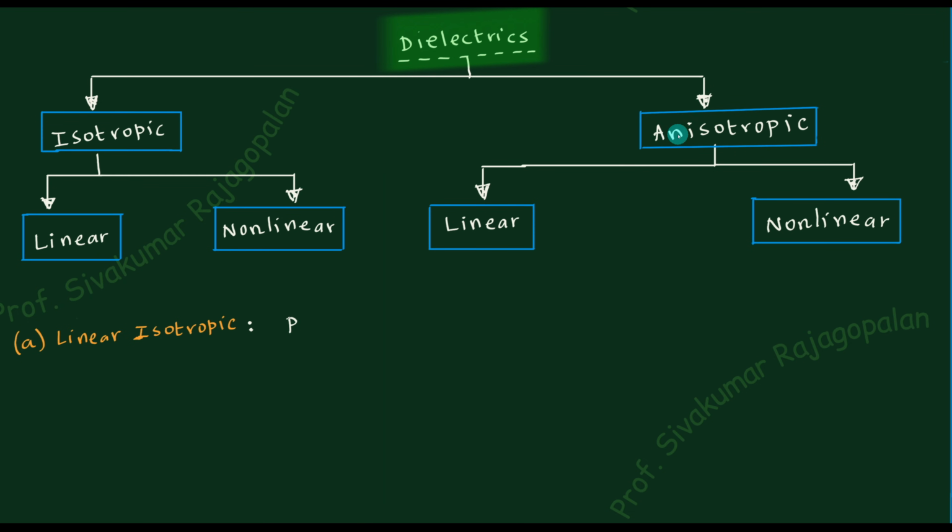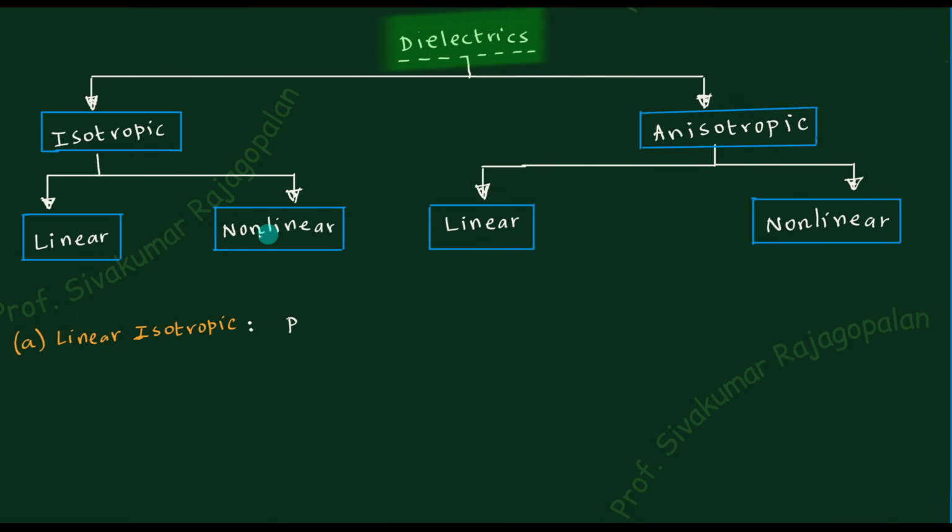Okay, you can also understand the nonlinear anisotropic. It is possible to understand. I am not saying that it is so difficult that you have to run away from the place. It's not like that. What I am trying to say is that when you are learning, you start learning from the linear isotropic. Next, you go to a linear anisotropic, so that both the linear cases you understand and you also understand a little bit about isotropic and anisotropic. So both of them are simple and you can learn.